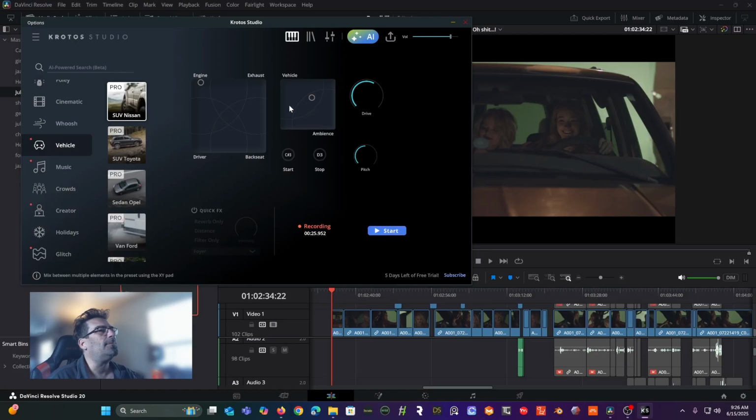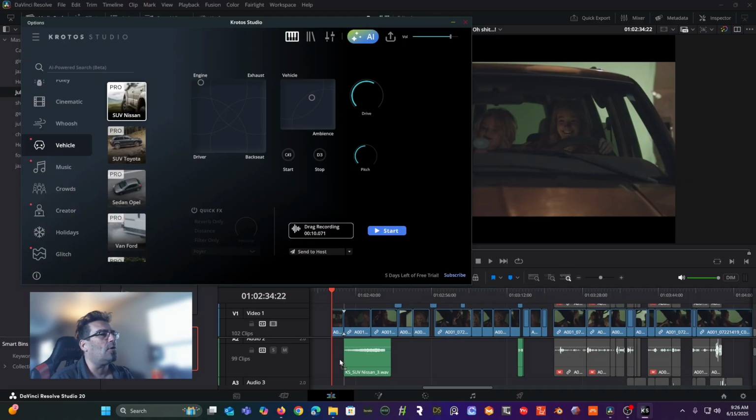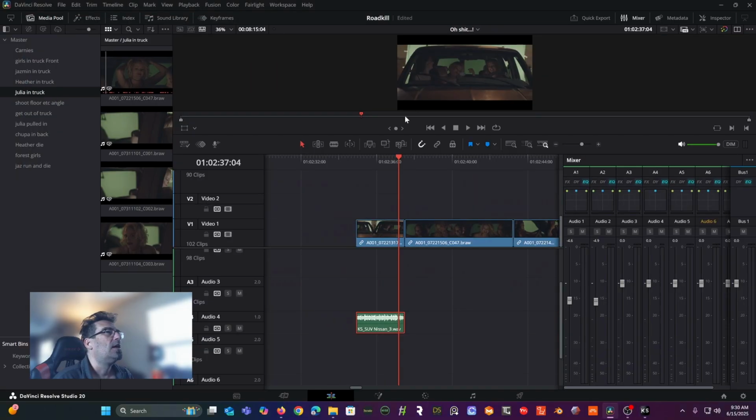Just so we can start with a clean slate, I'm going to push stop, and I'm going to click start again. Here we go. Now, it's recording right now as we do this right here internally. Just going to let that go for a few seconds. I'm going to click stop, and once this finishes here, we can just drag that recording right down into our DAW here, or our editing program. And now you can hear when we play this back,